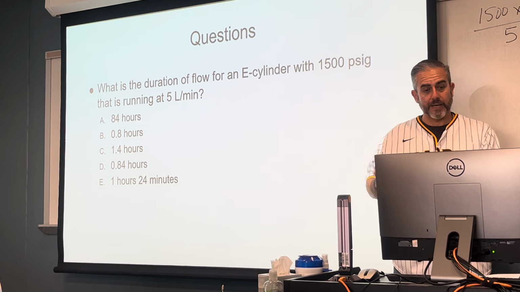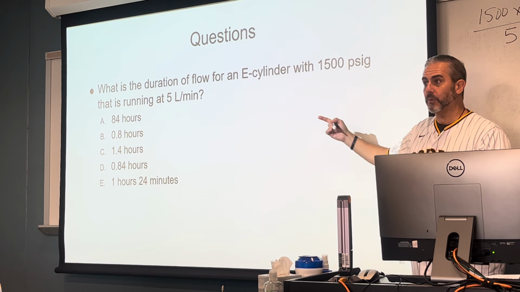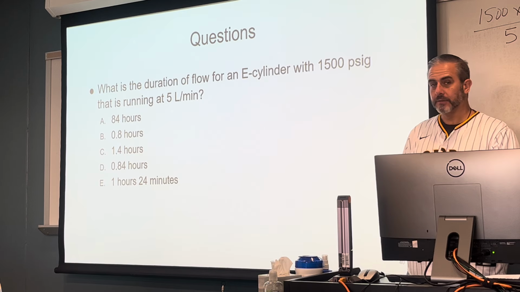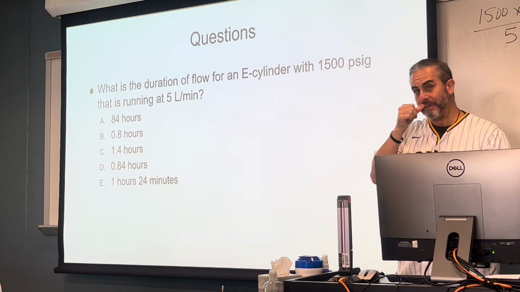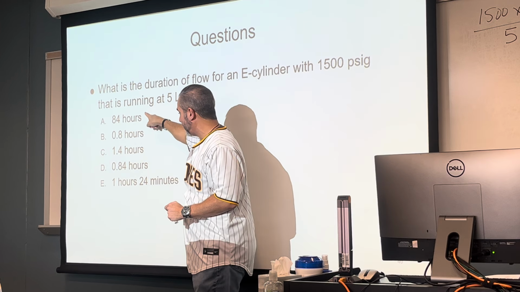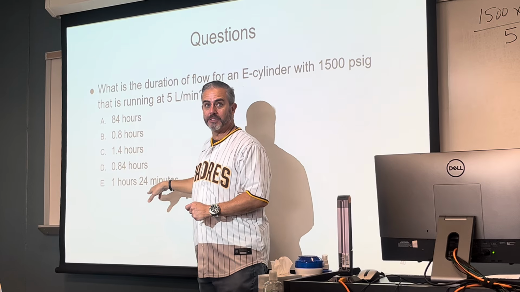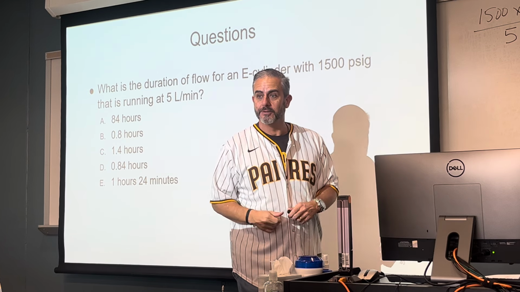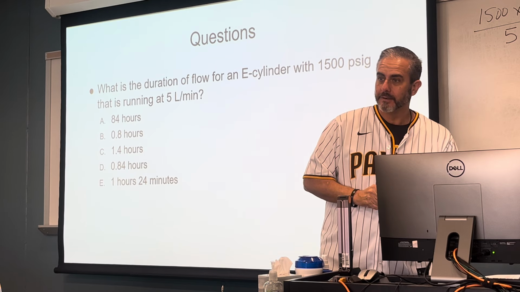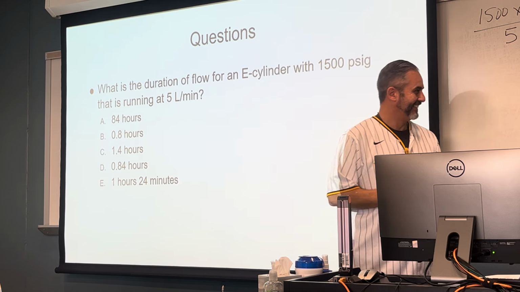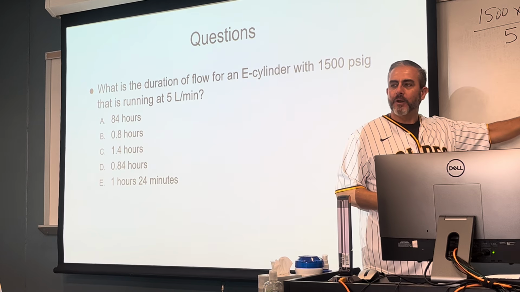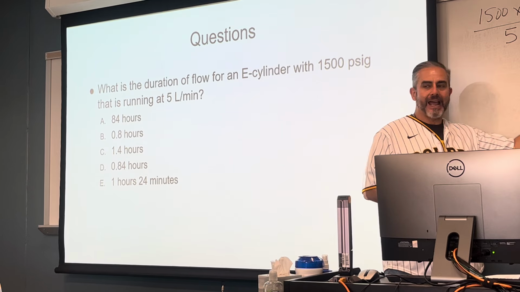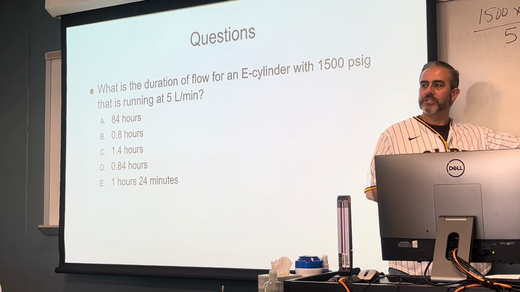It's why C is also a correct answer here. So when I ask this question on the test, look how many different varieties of answer options I can give you. Hours and minutes. Both answers, C or E, would be correct here. If both of them are the answer, can I get double credit? No. All right, so if you have an answer that is in hours and parts of an hour,